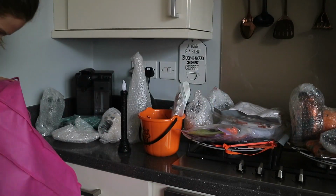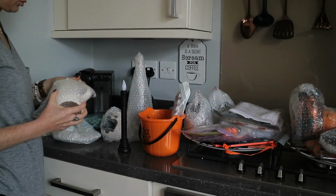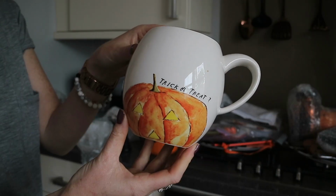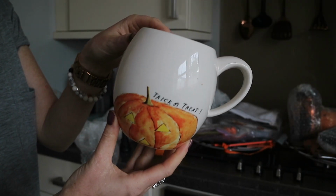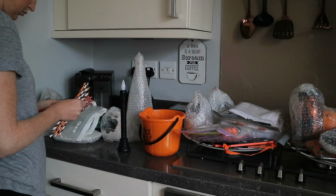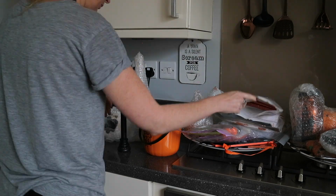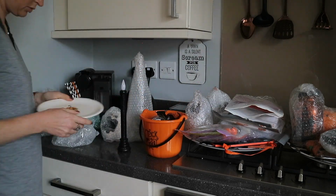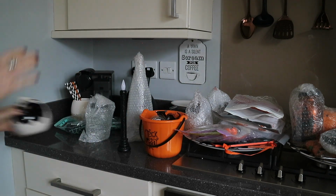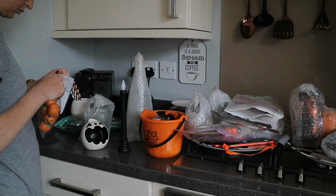So I usually get out all my Halloween stuff and lay it all out just so I can see what I've got and where I think I'd like to place things. This mug actually I got last year. I really like it. It's by Ray Dunn and I got it in HomeSense, but unfortunately this year they don't have any Halloween Ray Dunn stuff, which is a bit disappointing